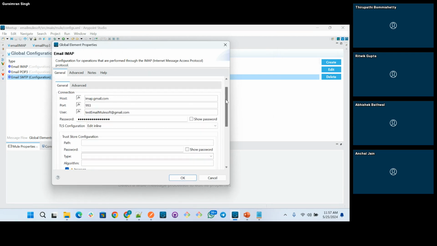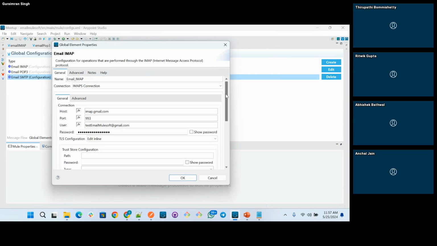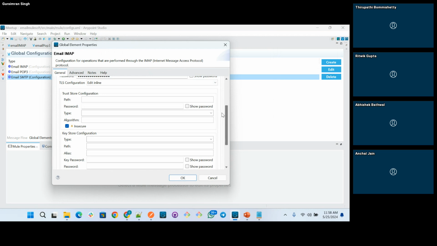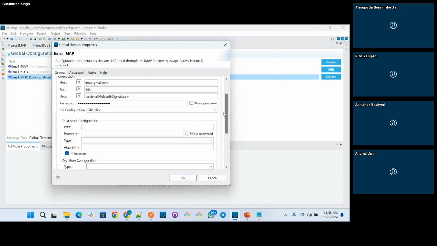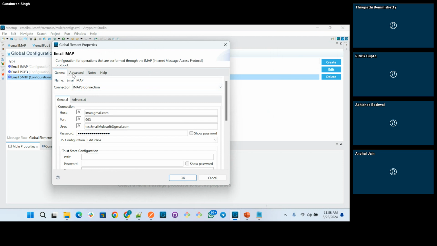One observation here: this will also not work if we just set up this IMAP connection, so you have to set this as IMAP. You can set up a trust key store and trust store, or, as a workaround which I will not recommend, you can just make this secure, so it will trust those. Otherwise, you can also easily create a keystore and trust store. That will not be an issue.